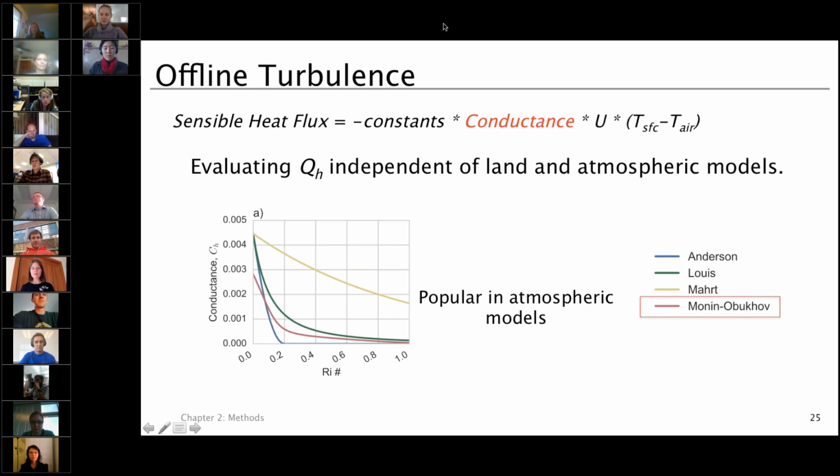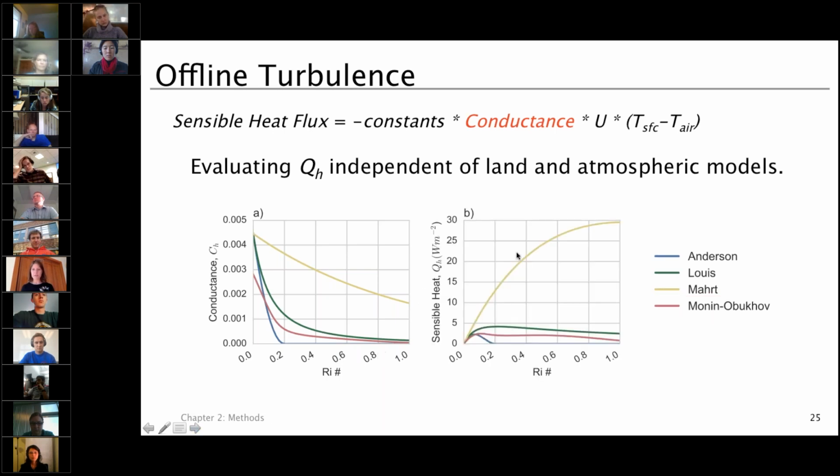Okay, Monin-Obukhov is very popular in atmospheric models. This is what boundary layer meteorology theory says is correct to use. But it's an iterative scheme, so it takes a long time to solve. So here is the conductance as a function of the Richardson number. Notice the Richardson number is a function of the wind speed and the surface temperature gradient, so it is related here. And so you can see the sensible heat flux,